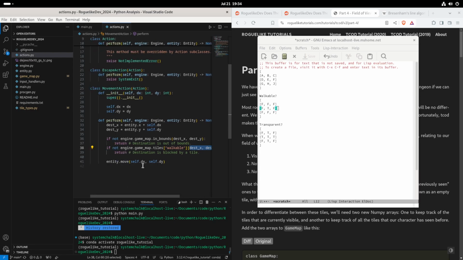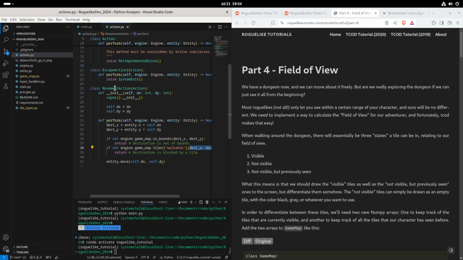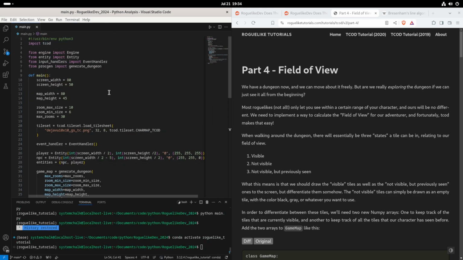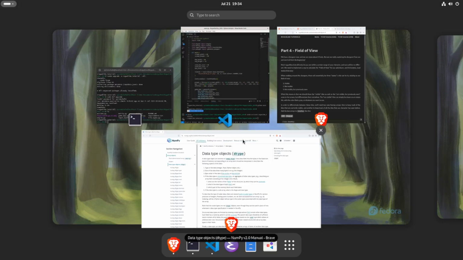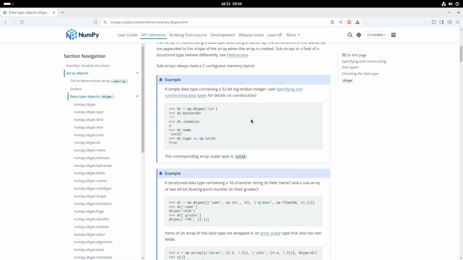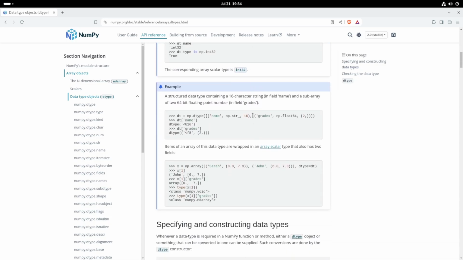It's not that I ever doubted that this works. This was something that clearly did. I wouldn't be able to run the program and predict the behavior of the character. But for me, I was trying to understand why there were those two slices. Basically, I just went and took a look. So we eventually got to dtype, which describes how bytes in a fixed size block of memory corresponding to an array item should be interpreted. And then if you scroll down here, I think it gives an example where